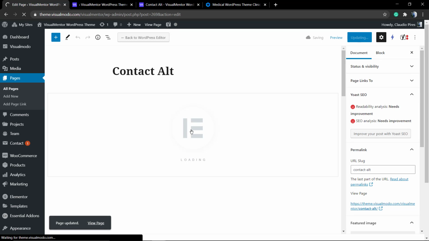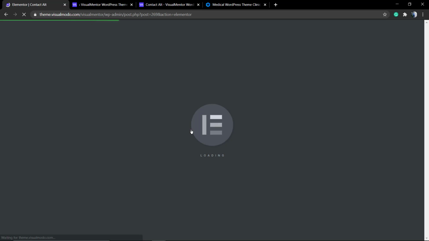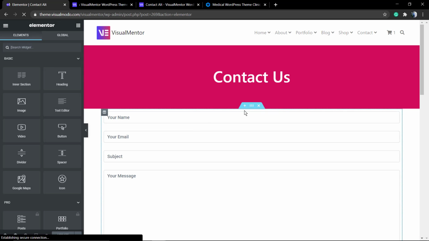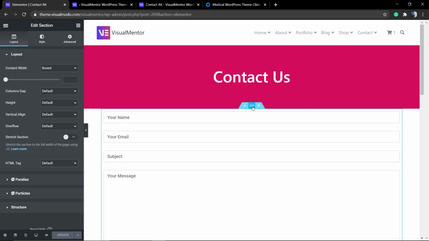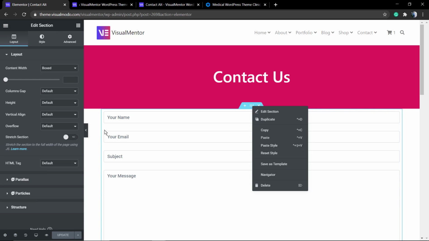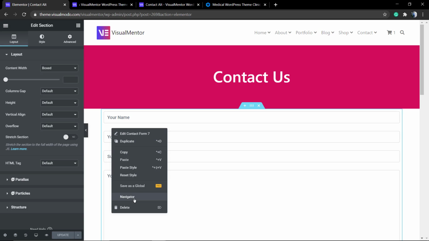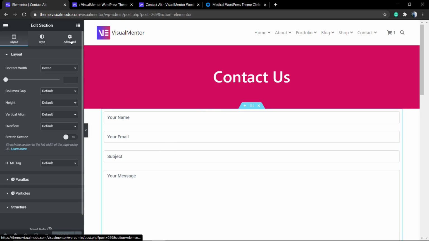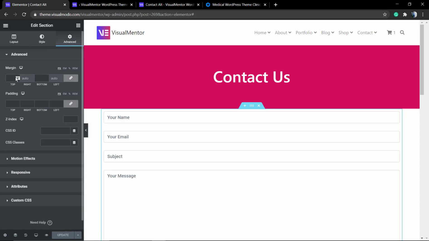First of all, go to WordPress dashboard, Pages, select the page that you would like to apply this space to, or even create a new one. Click on the blue Edit with Elementor button so we can load the Elementor editor. Hover your mouse over the section, the element, the row, the title, the content that you would like to apply the padding. Click on